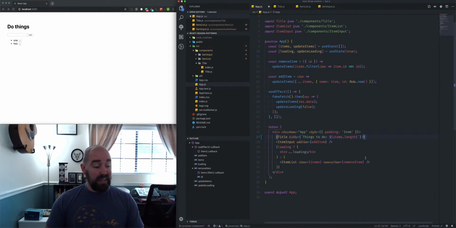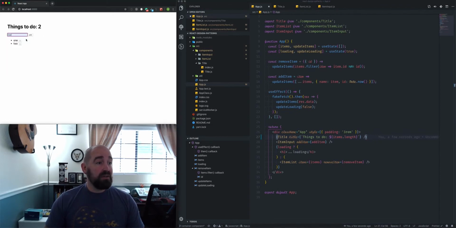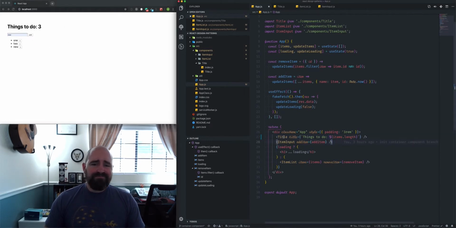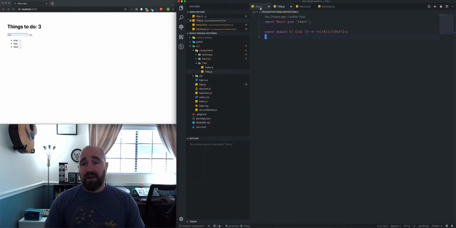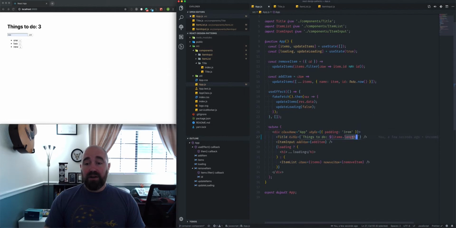So it's going to give us the length of the array, which is a number. So we know we have 2 things to do, and it's going to update live, 3 things to do, that type of thing. This isn't really something that you would use in this particular way, but you definitely would be doing logic and containing state in one component and passing that down to another component, so that you have this nice composition